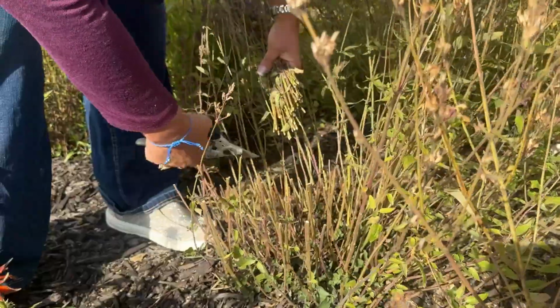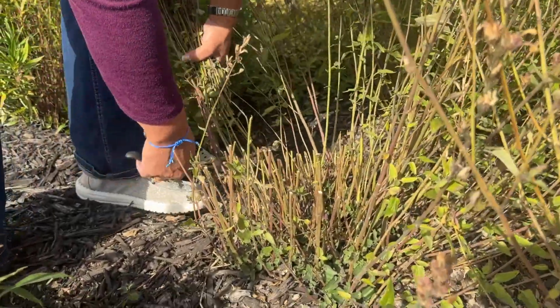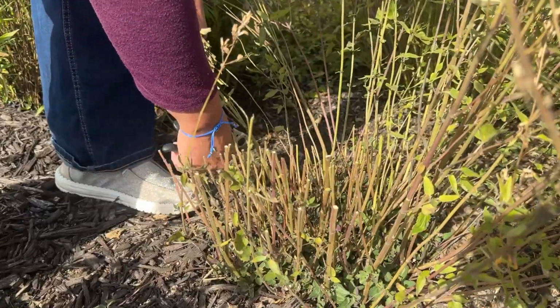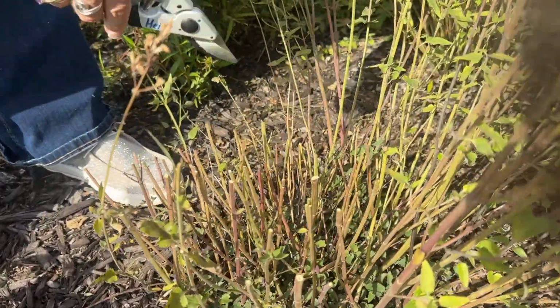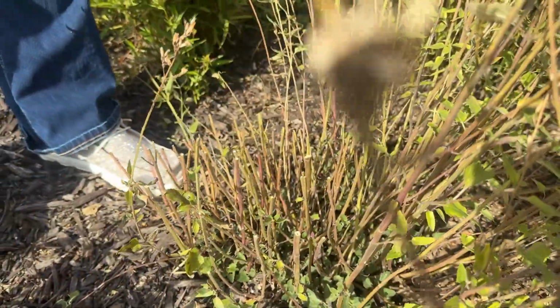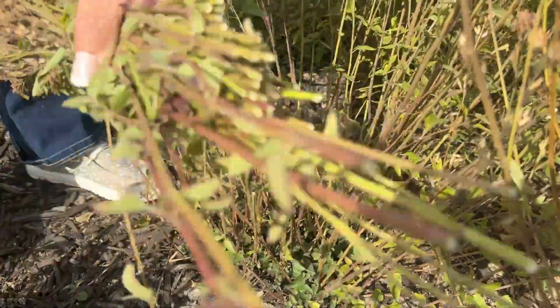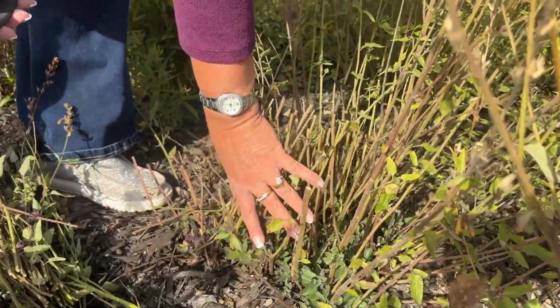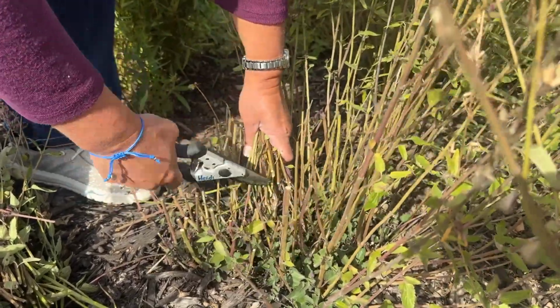Leaves a little bit of protection on the plant. And interestingly enough, you can see this plant too is putting on new growth way there at the base by the ground. That is where your new growth is going to come from next season, and that will get nipped by the frost and obviously go dormant here in the winter. I'm going to go ahead and take another handful here, and I am going to trim just above where we're seeing that new growth,